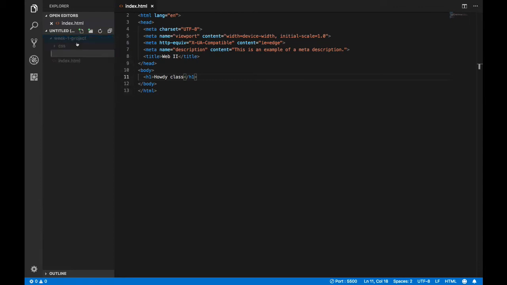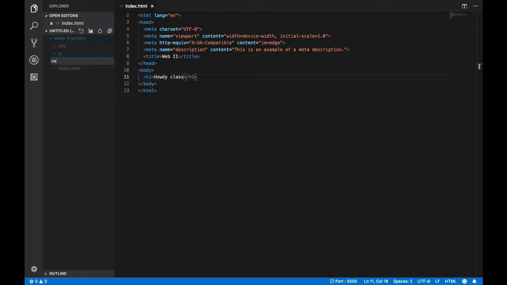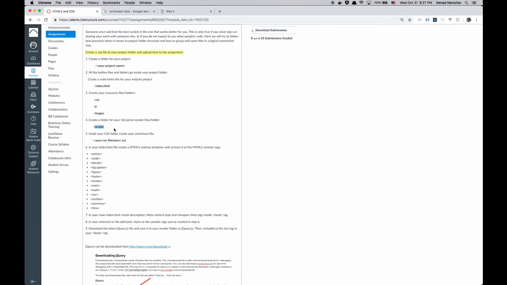So another one that we said we need is JS, the same root, they're the same level, right? The index is in the same level as this JS and CSS folder. And then we said we want our vendor folder. So inside our CSS, we said we want to have,